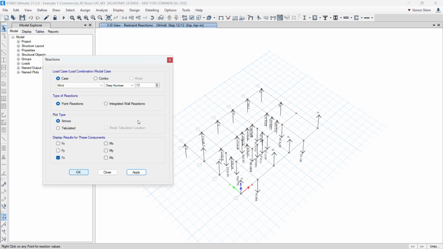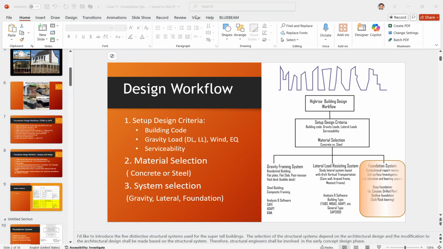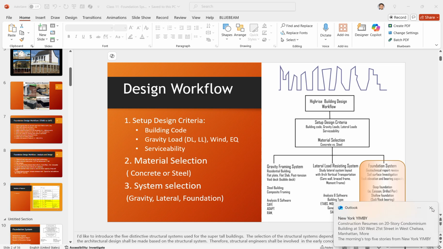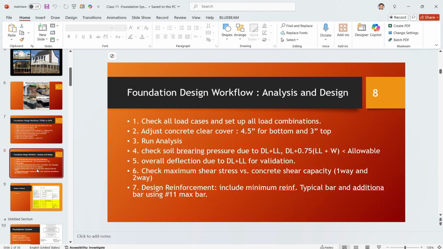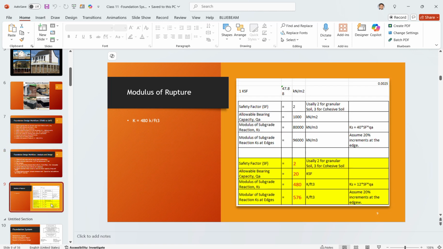All right. Before we move into the foundation system, I want to make sure that we are at the foundation system design that we're going to talk about in general. And for this project, we try to use a shallow foundation, which we call a mat foundation. In order to do that, the mat is just sitting on the soil or rock, and especially for tall buildings, it should be rested on